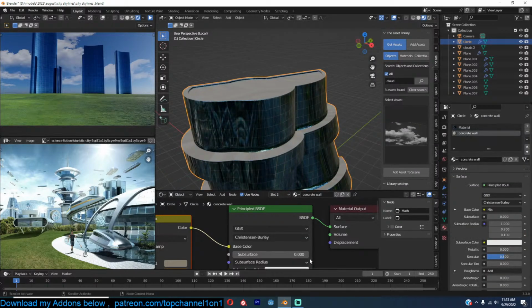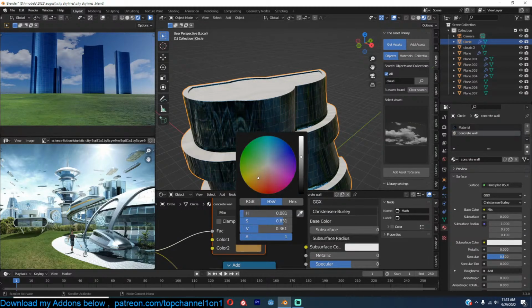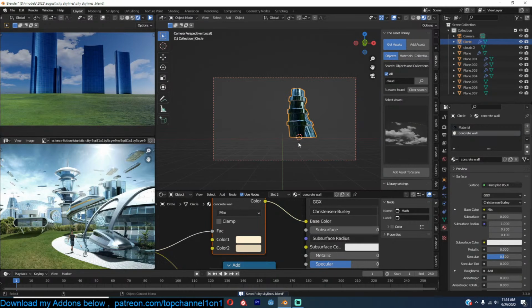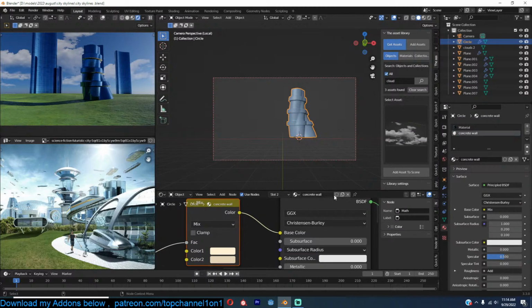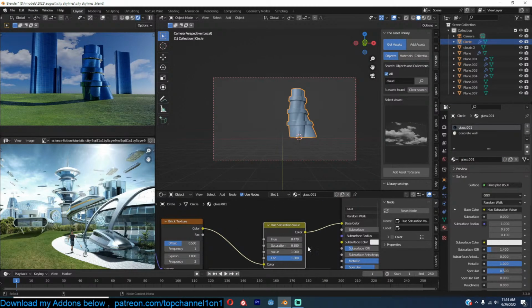I think I want to make this concrete more white, so I think this, let me call this glass. We need to make it a bit brighter. Maybe